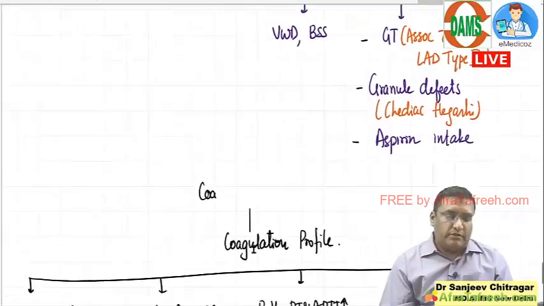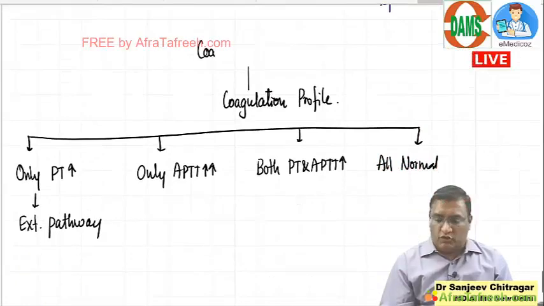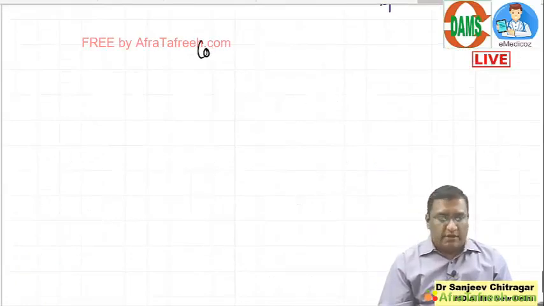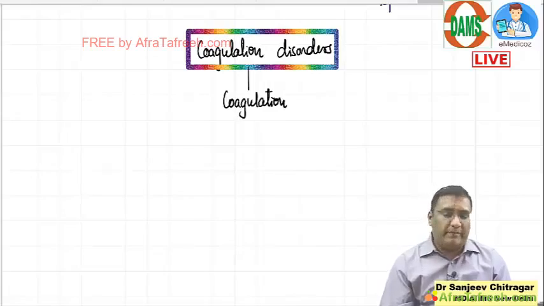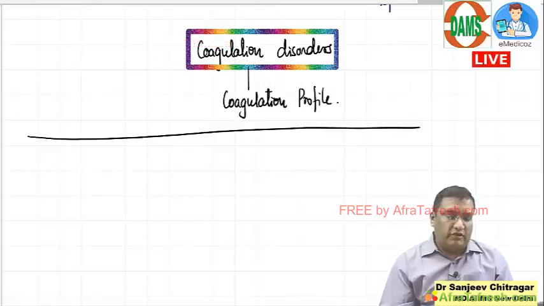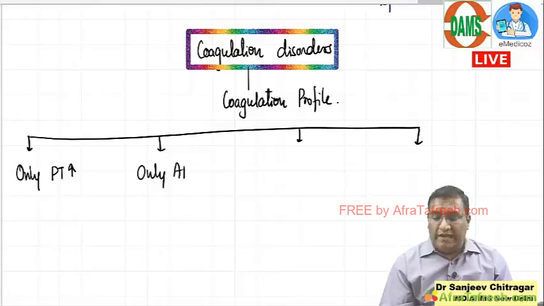Next, coagulation disorder. So when you get a coagulation disorder, what do I look at? Patient is having a coagulation disorder, look for the coagulation profile of the patient. In the coagulation profile, I'll divide into 4. Only PT elevated, only APTT elevated,